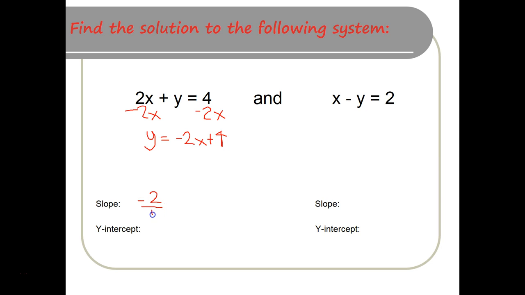I need to write it as a fraction, so I can always put it over 1. I'm going to run 1. And my y-intercept is that positive 4. You need to write it as an ordered pair. On the y-axis, or when x is 0, my y value would be 4, because that's the number at the